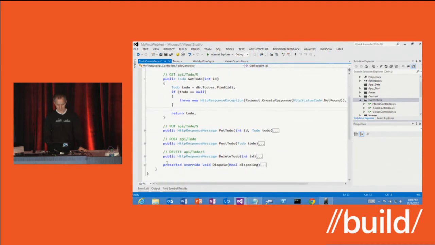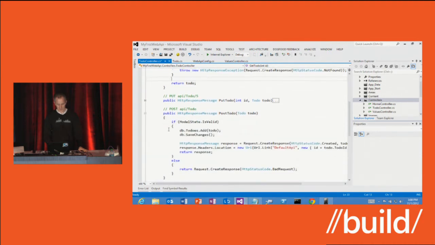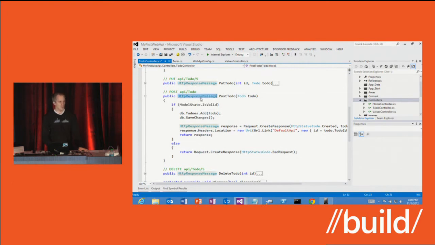All right, let's look at some of these other cases. So post is actually returning a response message because it has a bunch of different kinds of responses that it might want to do. You'll notice that post is validating the incoming data. So if I had required attributes or string length attributes on my ToDo model type, those would be honored and errors would be aggregated in the model state. You notice that if it's not valid, then I'm returning a response. This scaffolded code is a little bit old, that's sort of the old school way of doing it. In the new world, you can just do this, like I showed you previously.